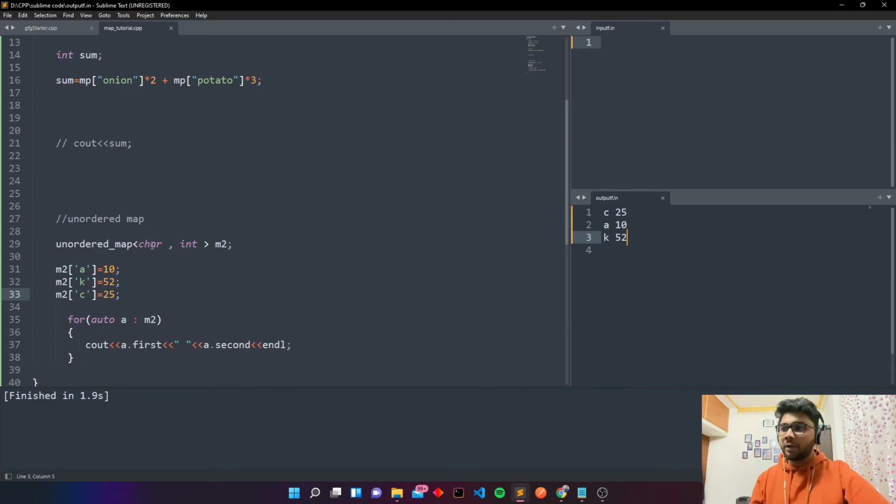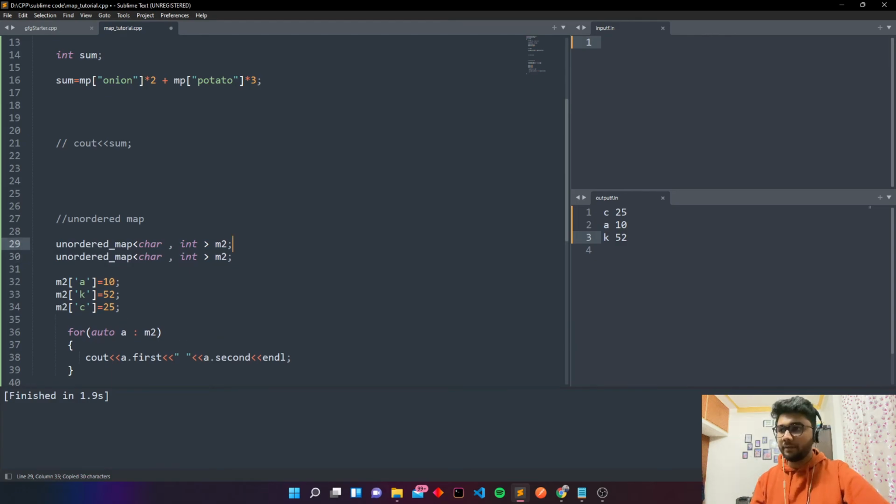Okay, so now here let's change this unordered map to only map. Now you can see the difference that the values are sorted according to the key values.